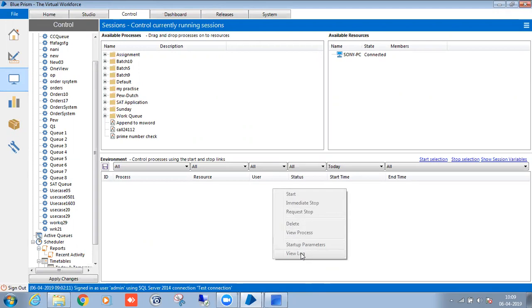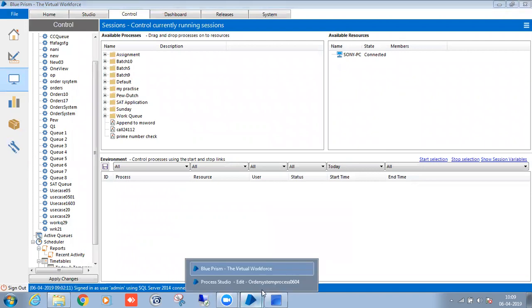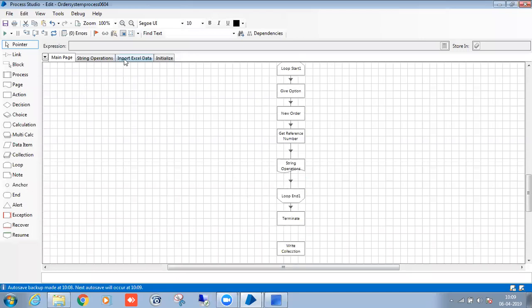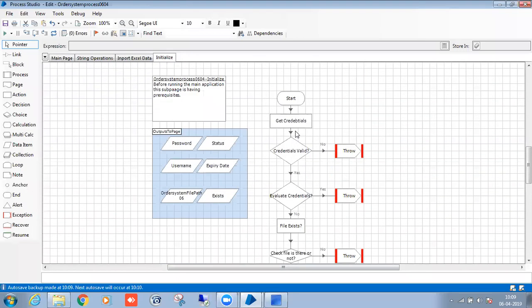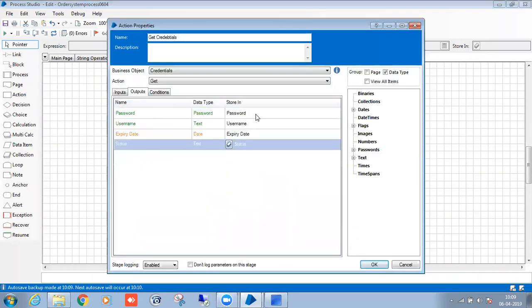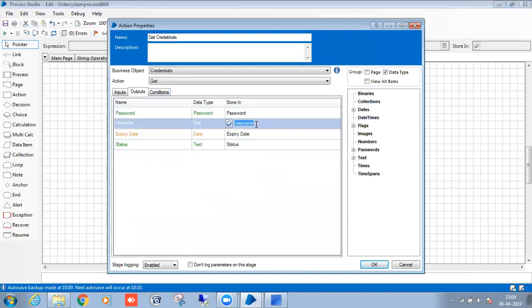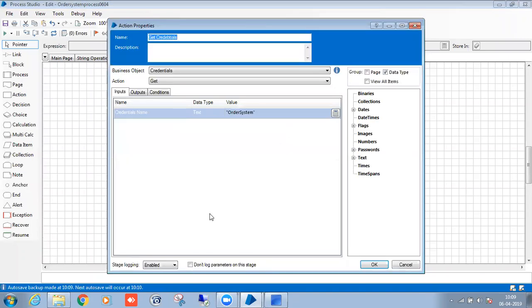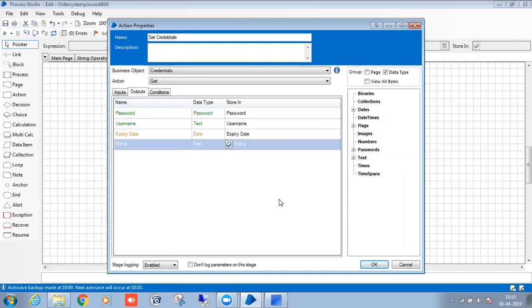Whatever we are passing, what is the output, what is the input, and everything. Okay. Yes. So if we are using credentials, here I am using credentials. See, here I'm getting the credentials, right? This value has a username and password and everything. So if I enable stage logging for this particular stage, those people can know my username and the password.